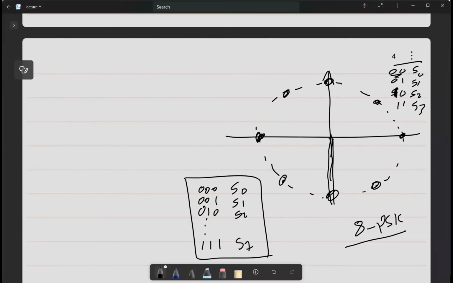So now we have eight symbols from S0, S1, S2, and so on. There is some kind of distribution of these symbols to guarantee only 1 bit changes from symbol to symbol. We will not describe telecommunication here,